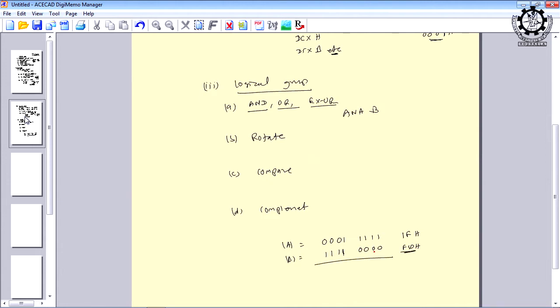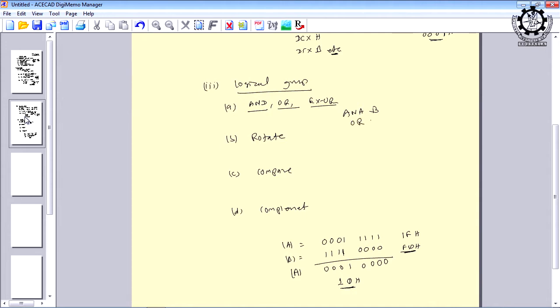Now the AND operation will be carried out, bitwise, and the result is 0001 0000, which will be the value of A, that is 10H. Is it okay? Bitwise, every bit is ANDed with the corresponding bit in the other operand. So, that is the AND operation.